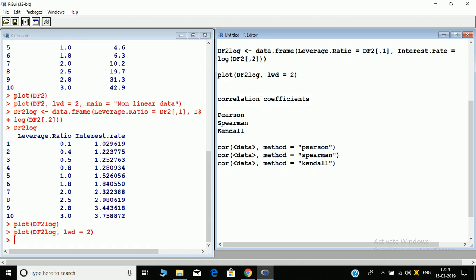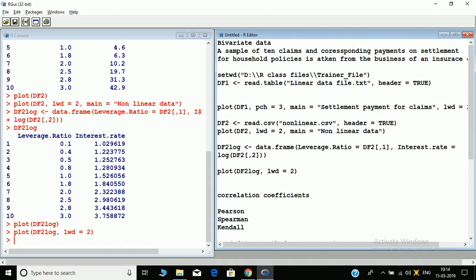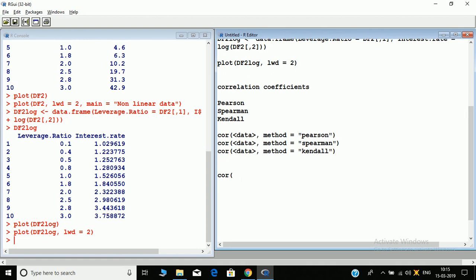So how do we specify the correlation of data? We'll work with the entire df1 now. It is claim and payment which we need to plot. Actually, data means here there should be an x and a y with it.